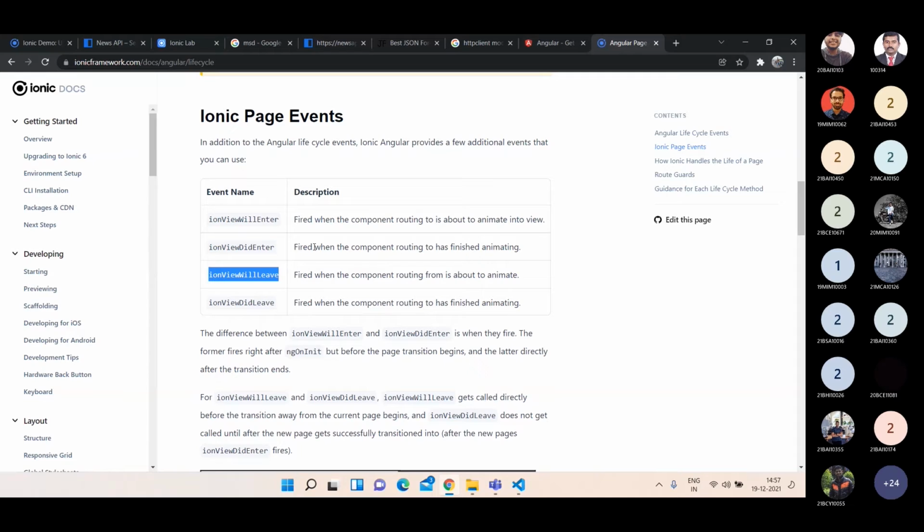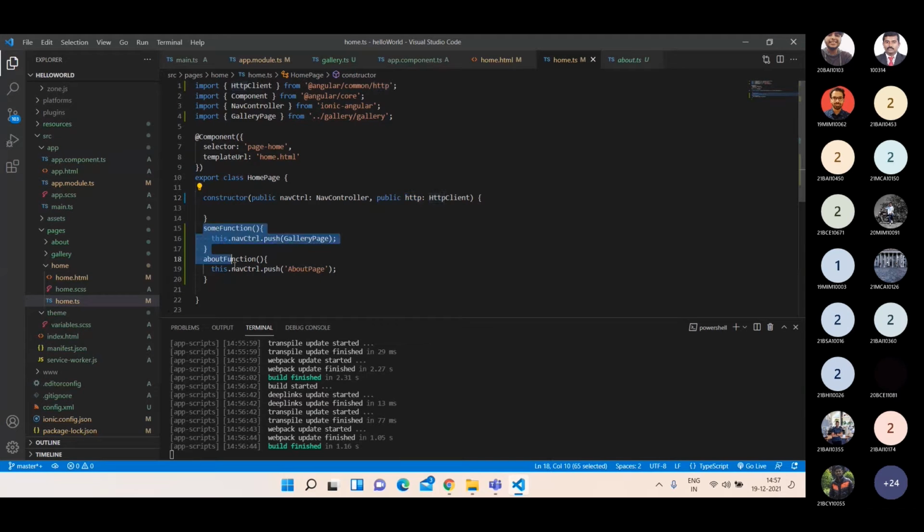Generally, functions will be running only when it is getting called, right? Yes, sir. So these are some functions which will be calling automatically. You need not to call this function. So what I'm going to do, Ion view did enter. I'm going to call this function. Okay, so these functions I'm just removing. Okay, so inside this constructor only, you have to create this objects. You're clear with this, right? Inside the parameters, you have to create this.